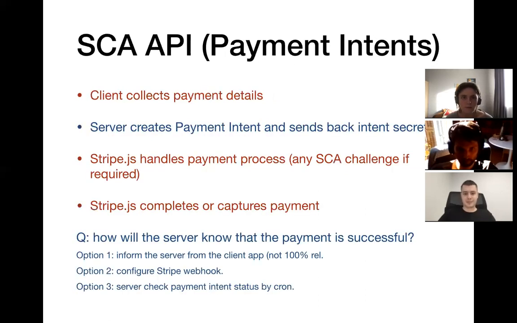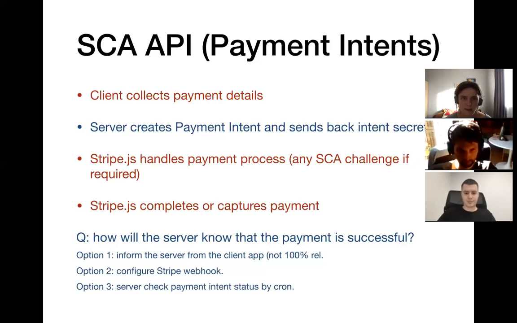So what happened with SCA? Again, for those who didn't hear about SCA, it stands for Secure Customer Authentication. In the past, we had 3D Secure version 1, which sometimes appeared on the form, sometimes didn't appear, and companies kind of decided when they wanted or didn't want to integrate with it. Now, everyone must be compatible with SCA, otherwise in certain regions the payment processing will be basically illegal and banks will not approve those payments. And obviously many payment providers had to rethink their APIs to be able to provide developers